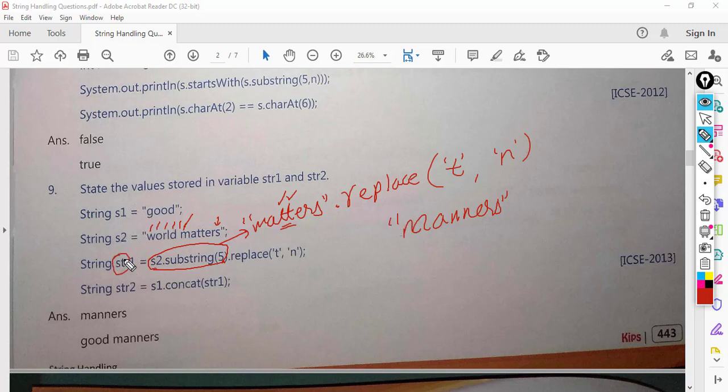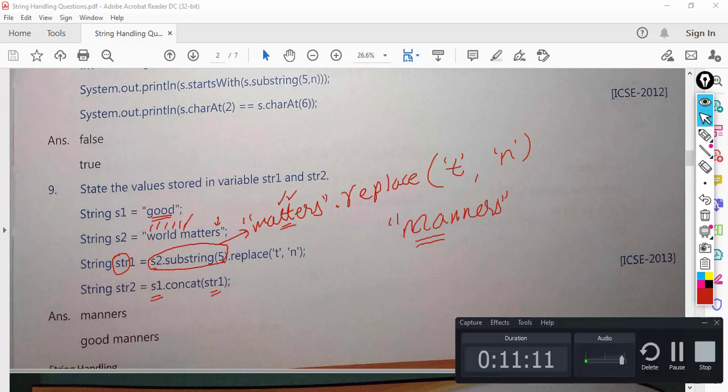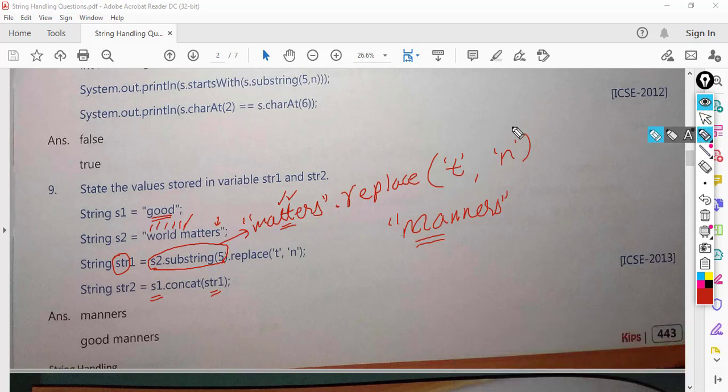So in str1 we have manners. Now s1.concat(str1), in s1 we have "good". Okay. So if we concatenate both, it will be good manners. Sorry friends, I made a mistake here.